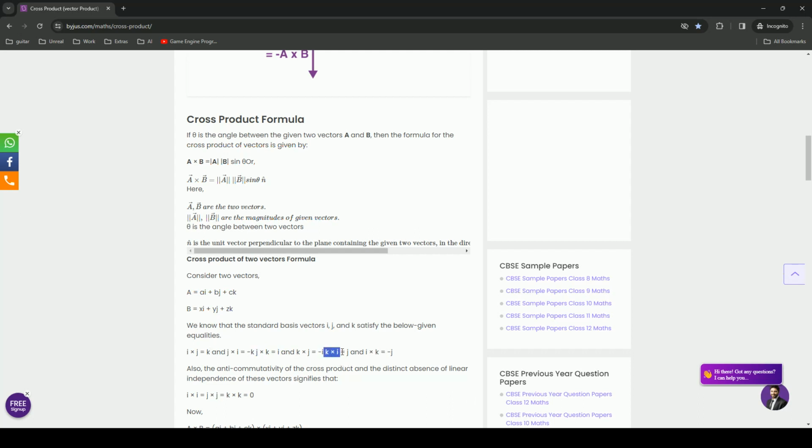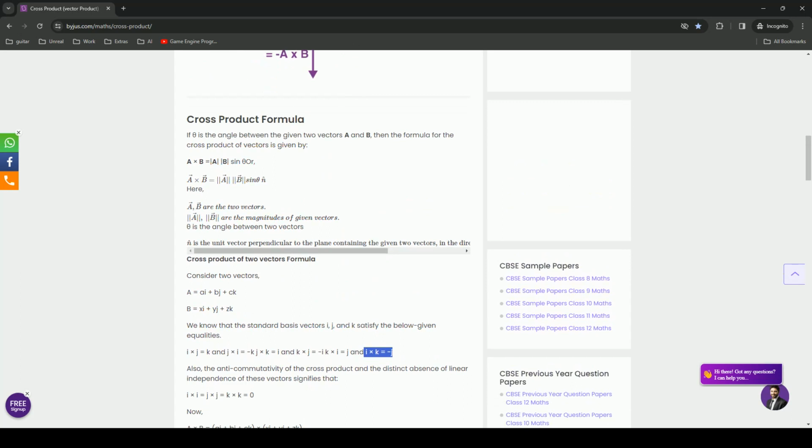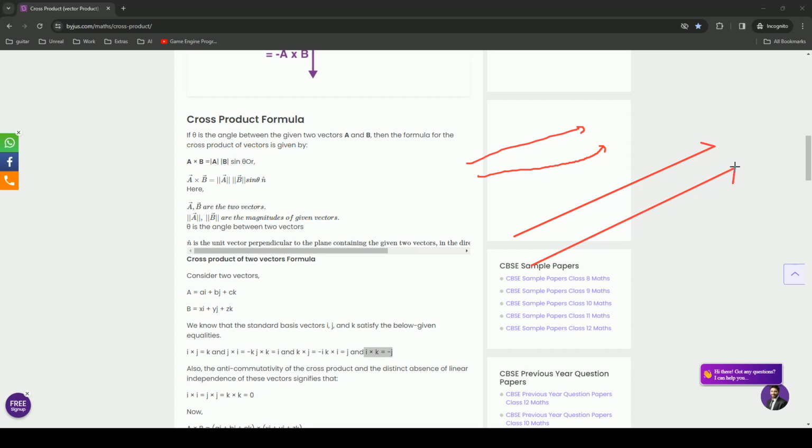K cross I will give you J, and I cross K will reverse, so it will give you minus J. When you multiply the same vector to itself, so I cross I, we know that when a vector is in the same direction, the angle will be 0, right? So let's draw two vectors and think of them as pointing in the same direction. In this example, the angle between these two vectors is